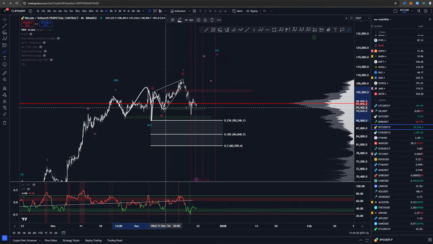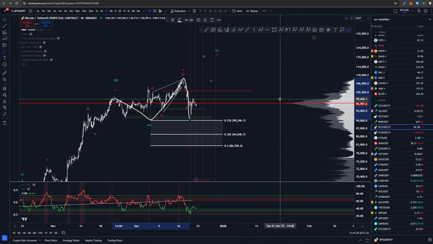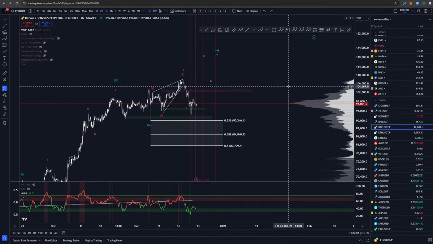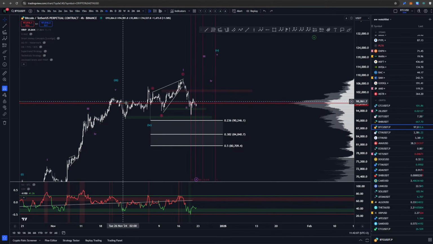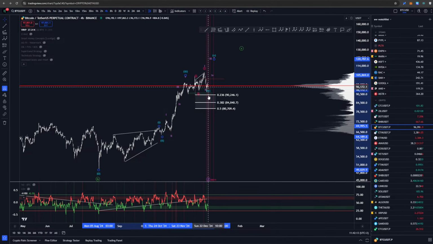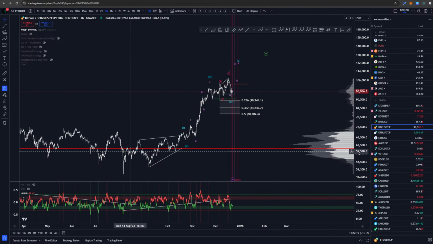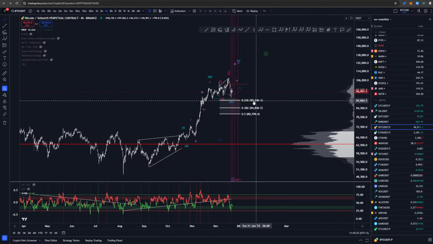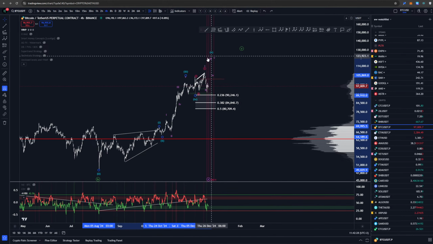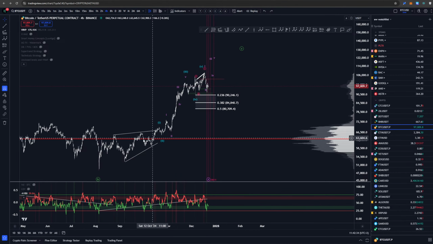But 3 here, 3 here, and then 5 to create some kind of super ugly running flat, right? That is a possibility. For that, then this would be a wave 4 of something, and this would be shifting in here. And this is the most bearish scenario that I had. Or actually the bearish scenario was that this potential diagonal here would be the 5th. That's the bearish scenario, and this would be the start of something new to the downside, right?